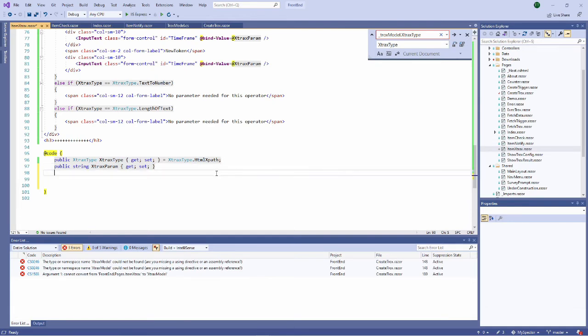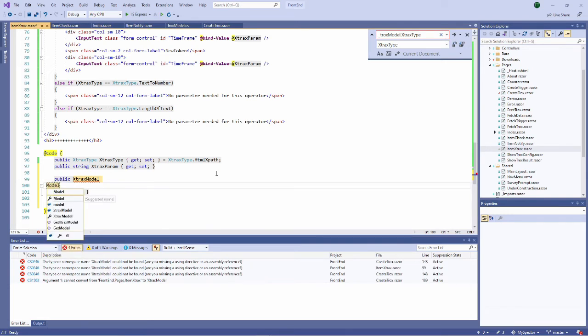This is called object refactoring or parameter refactoring. So I will create a property of type extracts model, whose name will be model. Okay. IntelliSense is putting in some line breaks. I don't want it.